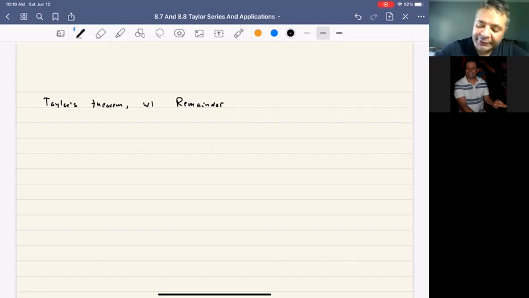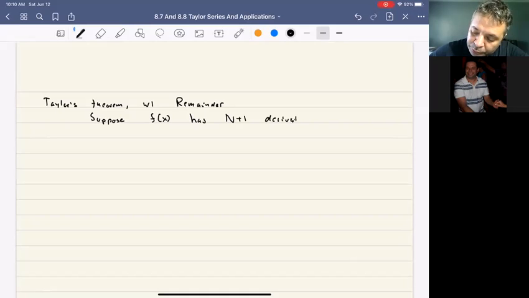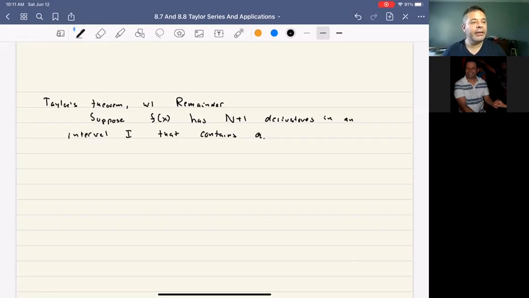Let's suppose f of x has n plus 1 derivatives in an interval I that contains some number a. Okay, then